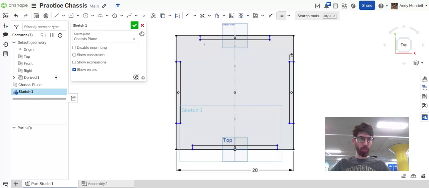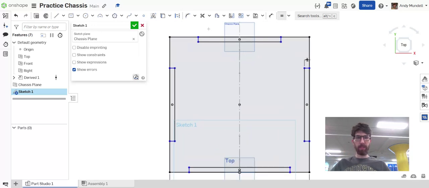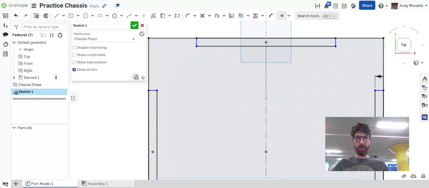Now, how long should these rails be? I'll say in this context, really the important thing is how far from the edge should they be. And this depends on the type of swerve modules you're using. Okay. I believe on the SDS MK4i it's 4 1/4 inches from the edge, but you would otherwise have to look this up for where the edge of this rail should be. Let me go ahead and put that in. The distance from this edge here,